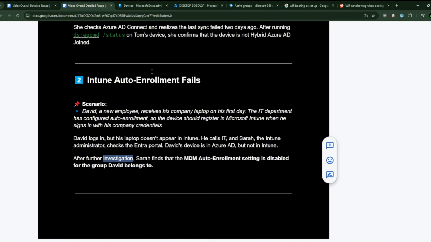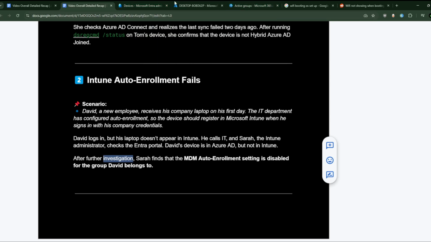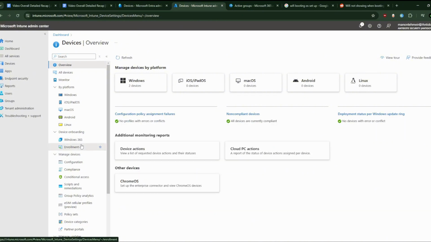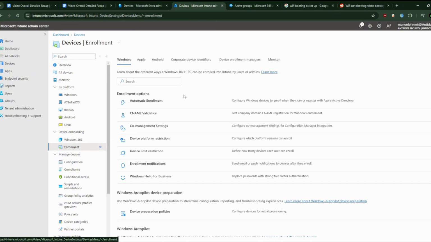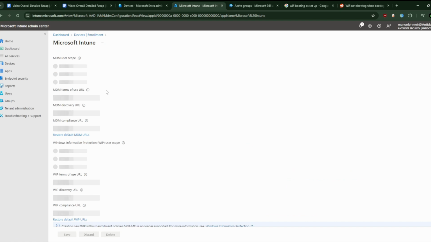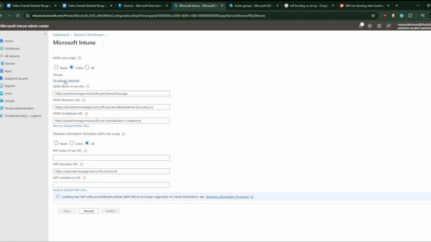So, Intune auto-enrollment fails. What things do you have to do, guys? It's very simple. I'm not gonna lie, this ticket is very simple. You just go to Intune and you go to devices, enrollments, and you go to automatic enrollment, and in our case it will be to some, and you will select the group